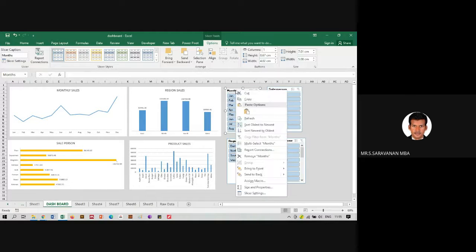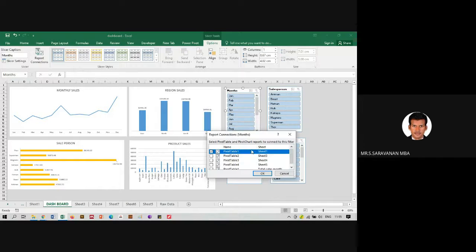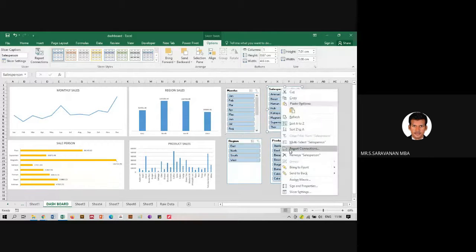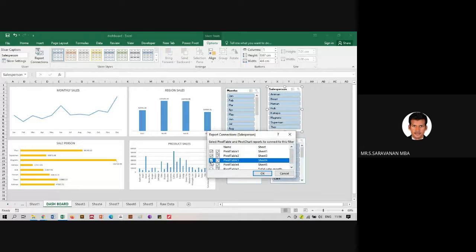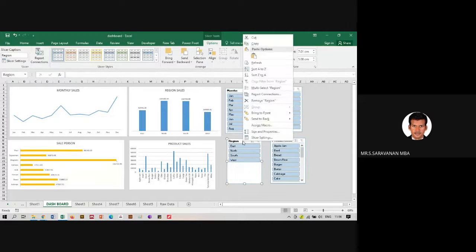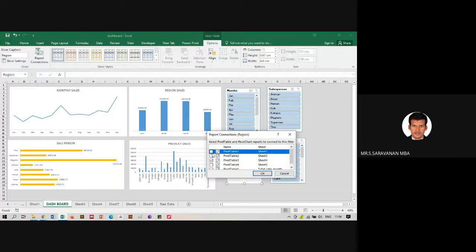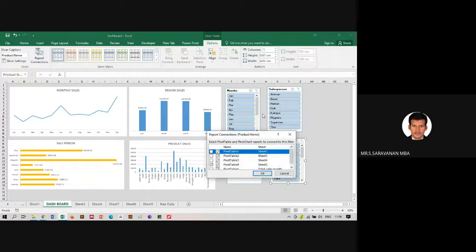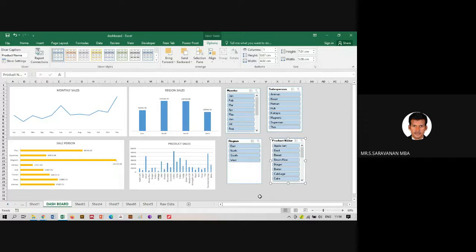So right click, report link, click all. So again, salesperson, right click, report connection, click all. For region, again right click, report connection, click all. Product name, right click, report connection, click all.